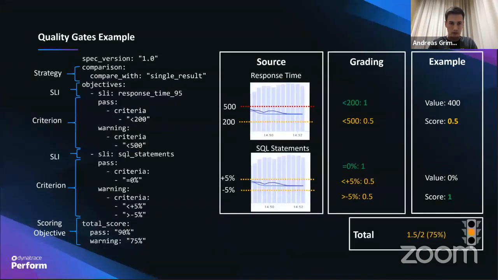They always stayed the same, and therefore we get 1 point out of this. So in total, we can reach at most 2 points. And in this example, we have 1.5 points, which overall gives us 75%, which is a warning in our case. Perfect, next slide.